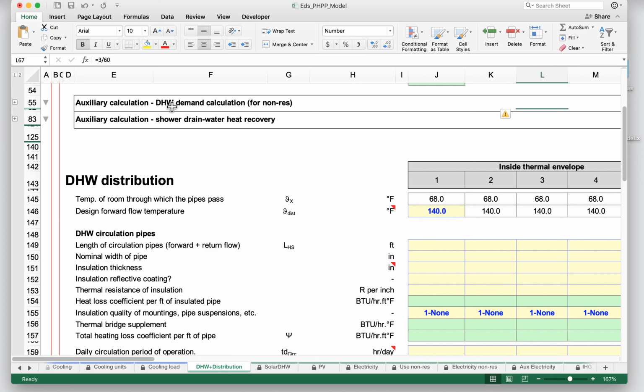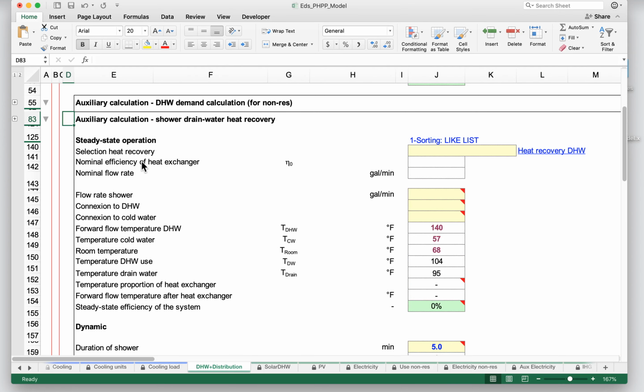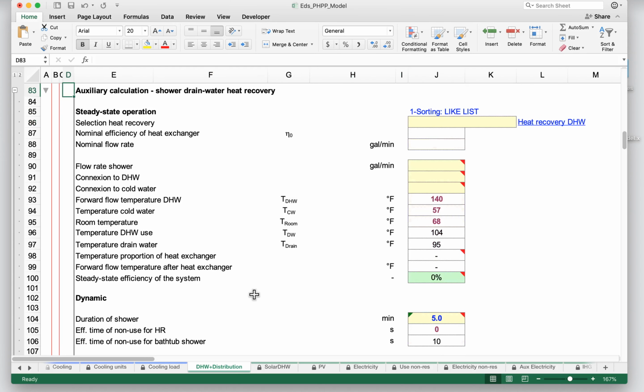So I'm just going to hide that. We're going to ignore that for now. Now there is a piece here, there's another auxiliary calculator for shower drain water heat recovery system. So if I open that one up, now that one might be useful even for something like a single family